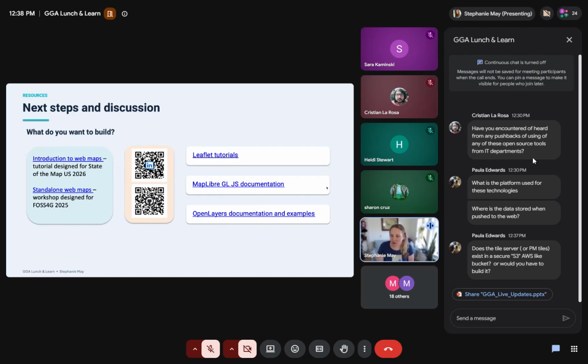Does the tile server or PM tiles exist in a secure S3 AWS-like bucket, or would you have to build it? So that's a great question. It could. You can stick PM tiles in any folder. It doesn't need to be anything special.